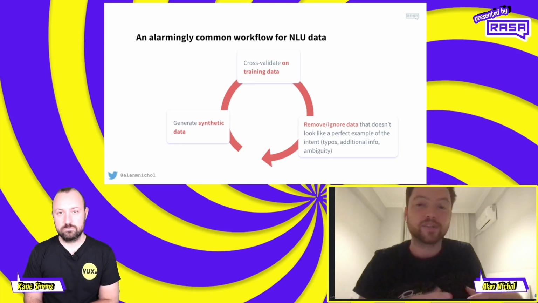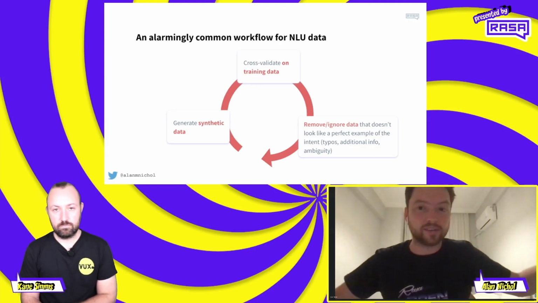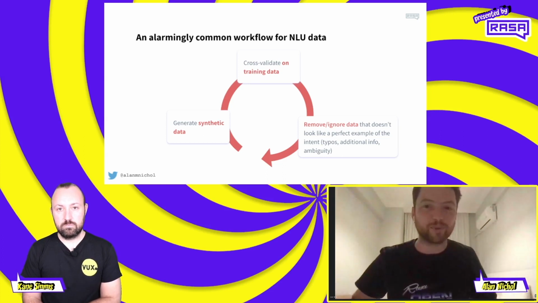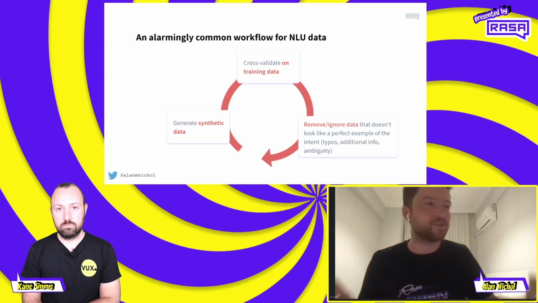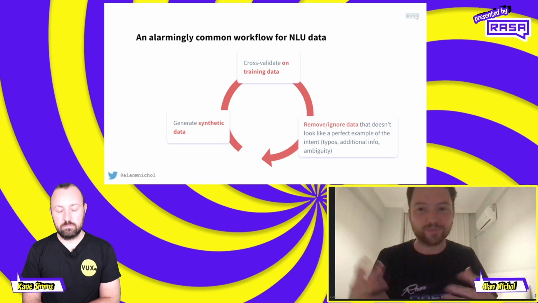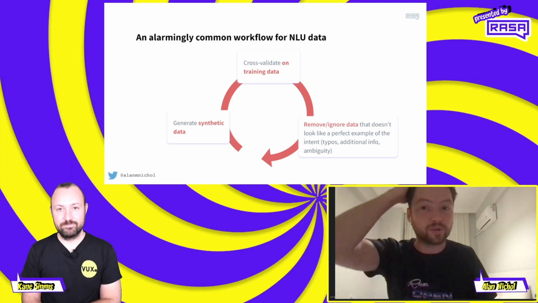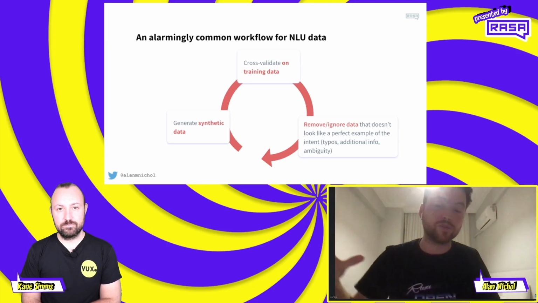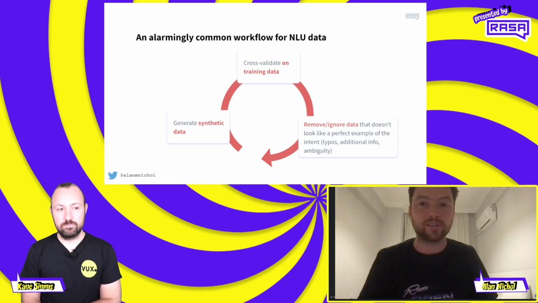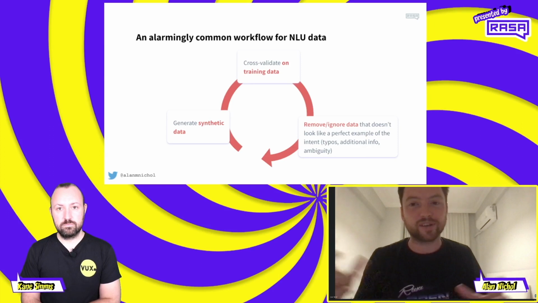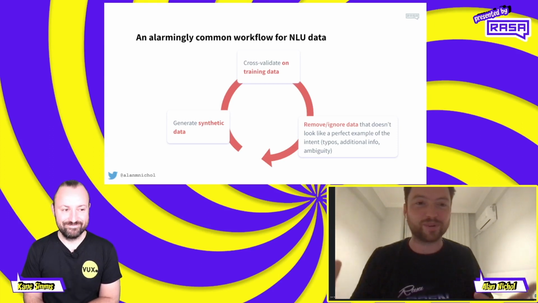So they were relying on synthetic data, right? Saying, okay, here are the intents that we're expecting people to say. They're the ones we've designed. So let's synthesize some data about how people might say those things. Again, rather than looking at things that people say and trying to figure out what intents might capture those categories. Then, just cross-validating on that training data, right, which is synthetic or maybe mixed a little bit with real user logs. But then, when introducing real production messages into that training set, being really, really selective and picky and taking out anything that looks ugly, right? That's not like a beautiful canonical example, right?